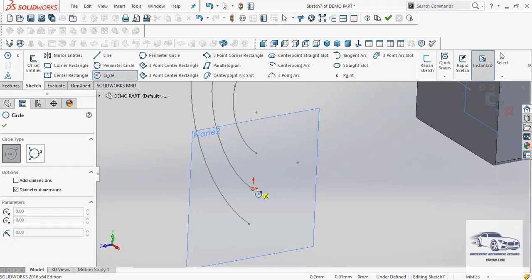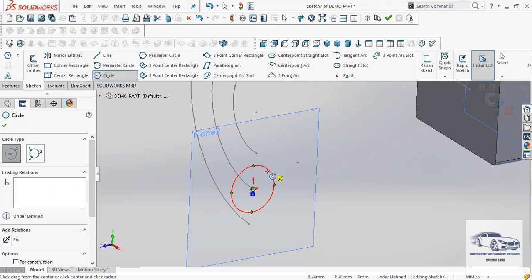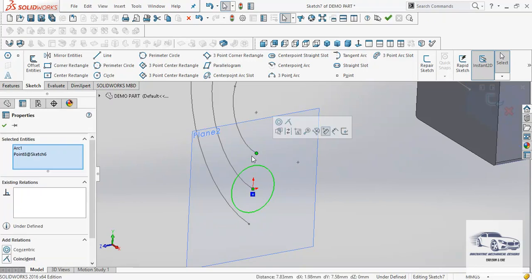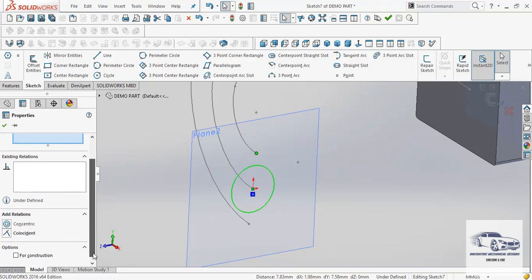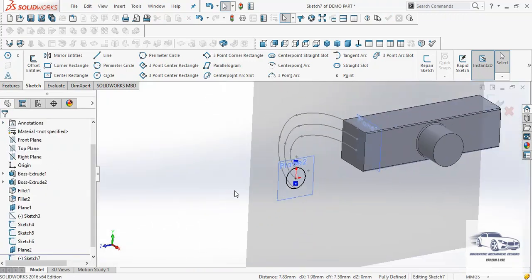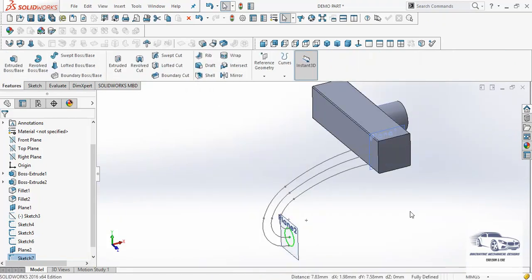Now I will create simply a circle starting from the origin, and next I will align the endpoints of the circle with the other two arcs. Here I have used the control selection to select the circle and the endpoint of the arc to be used and applied coincident. So here we can see now we have a circle passing through the endpoints of the 3 arcs at once.